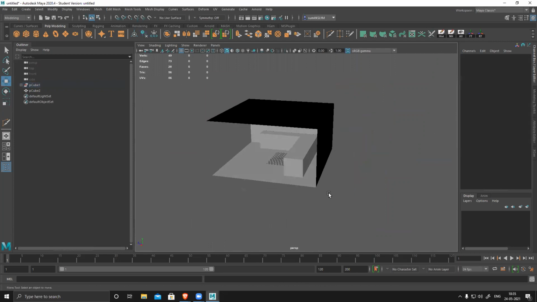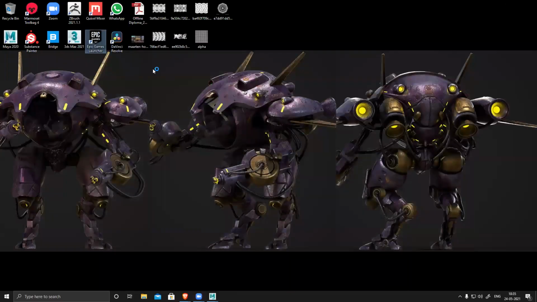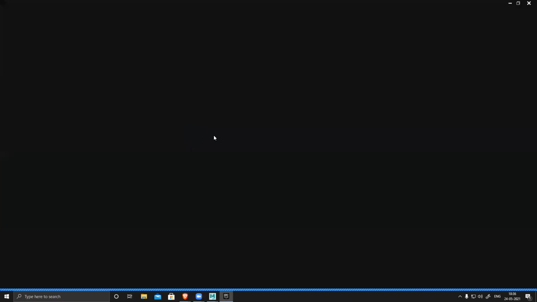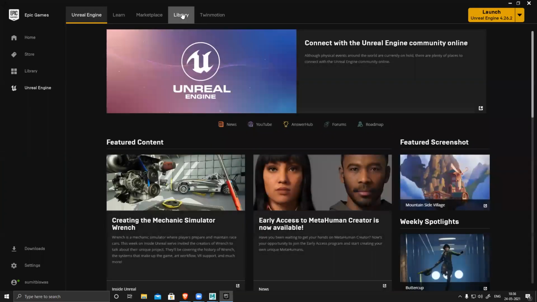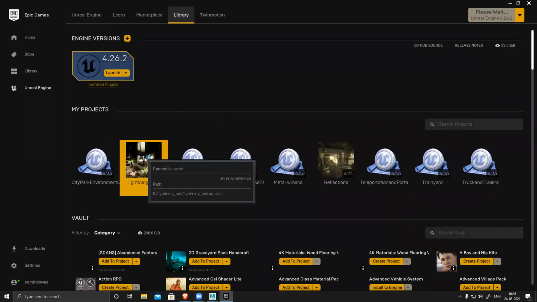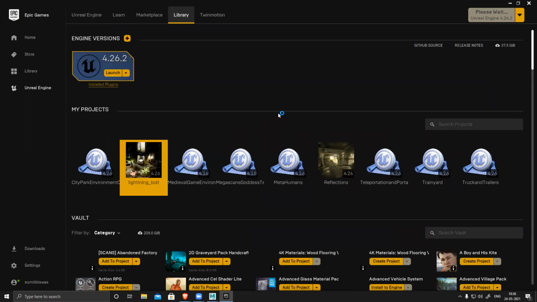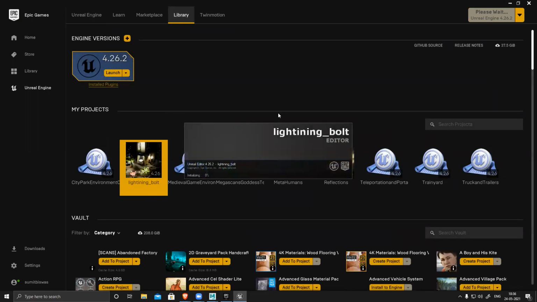After that, what we do is we import into our scene and check if the scale is correct. To open Unreal, I'll be explaining the entire Unreal from scratch, just to show what we do here.